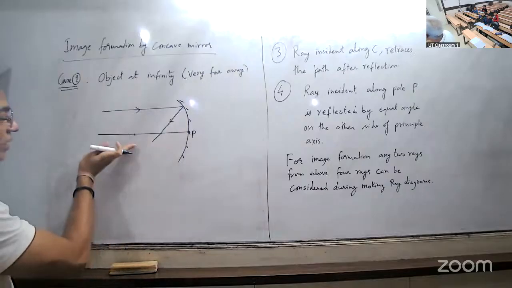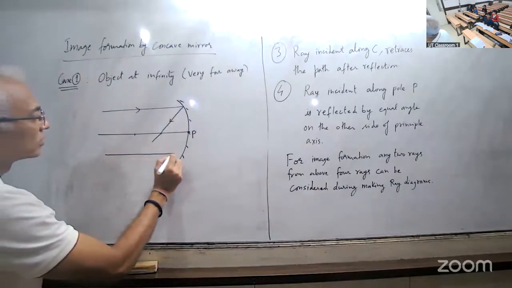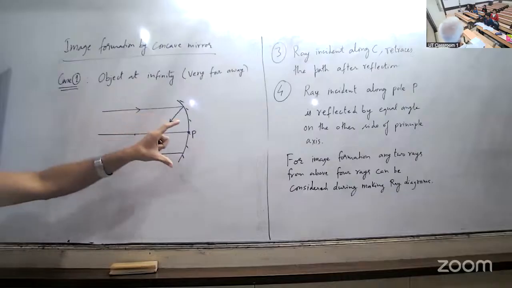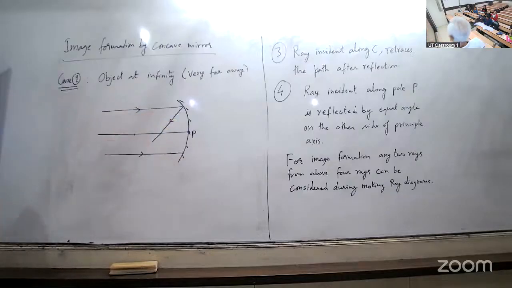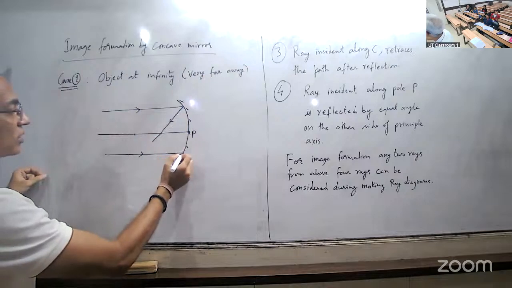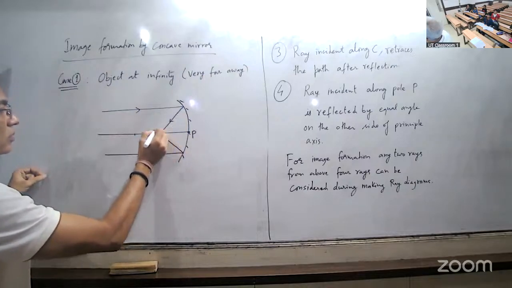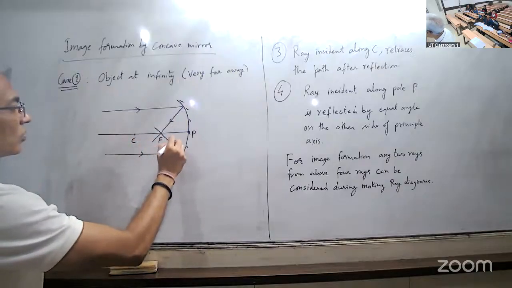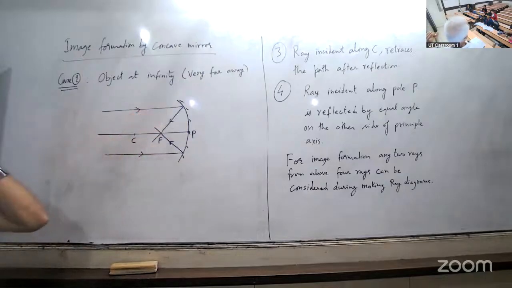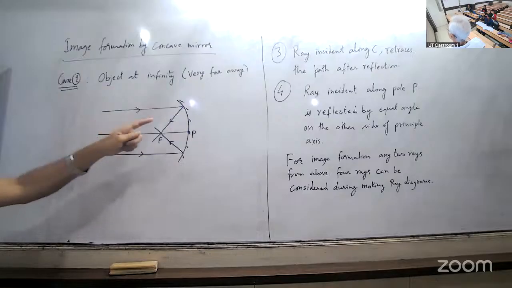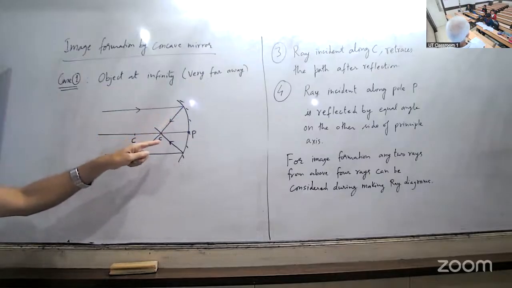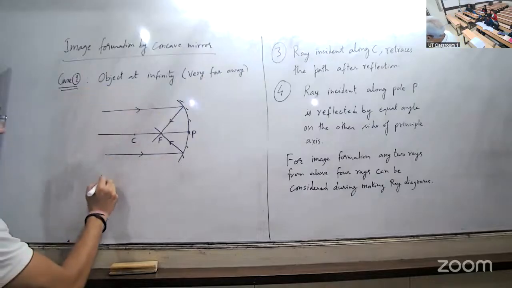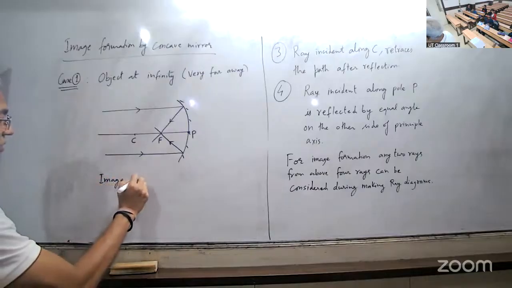दूसरी रे भी हम पैरेलल लेंगे, लेकिन अब हम उसको नीचे से ले लेंगे, क्योंकि जब हमारा ऑब्जेक्ट बहुत दूर है तो सारी रेस पैरेलल ही आएंगी हमारे पास, ठीक है। ये भी पैरेलल है तो फोकस से जाएगी। अब इसको लेवल कर दो, तो दो रिफ्लेक्टेड रे चाहिए हमको इमेज बनाने के लिए। ये दोनों रिफ्लेक्टेड रे एफ पे मिल रही है। तो वेन ऑब्जेक्ट इज एट इंफिनिटी, इमेज एट एफ।